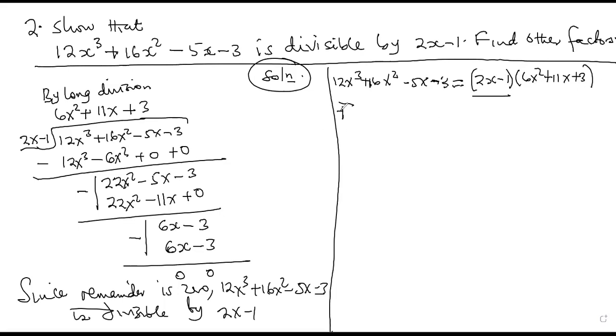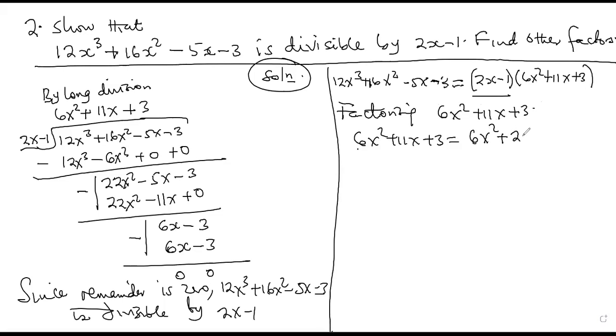So I will say factorizing 6x squared plus 11x plus 3. It means that 6x squared plus 11x plus 3 is equal to, look for the factors which multiplied give you 18, because our product is 18, and which when added give us 11, and that is 2 and 9. So if the factors are 2 and 9, it will be 6x squared plus 2x plus 9x